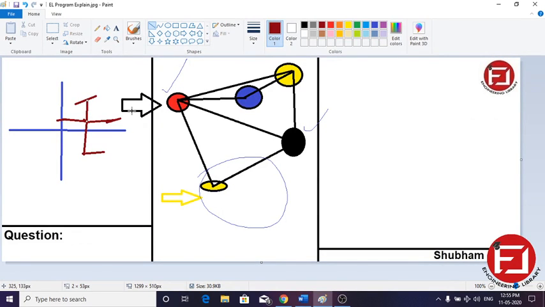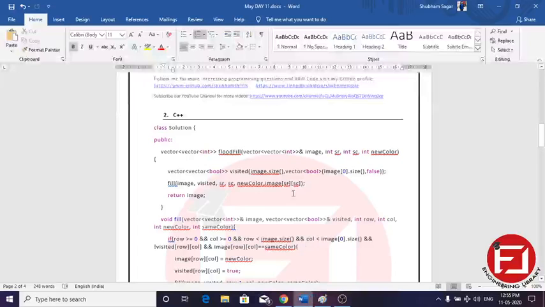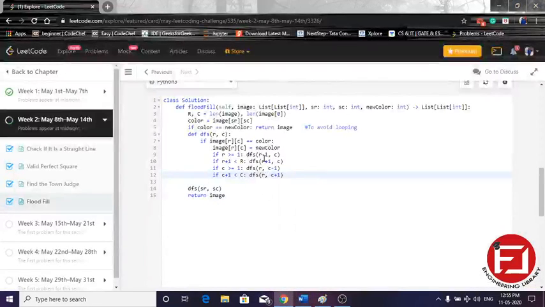We are just checking the adjacencies: with r minus 1, the column will be the same and the row decremented; the column same and the row incremented; the row same and the column decremented; the row same and the column incremented. And these are the conditions.